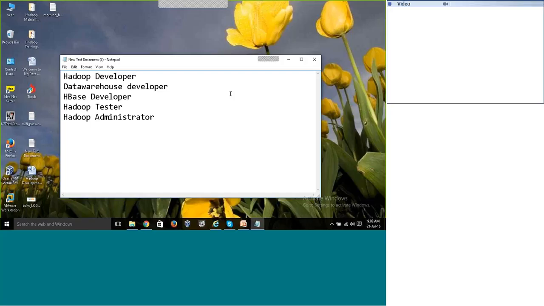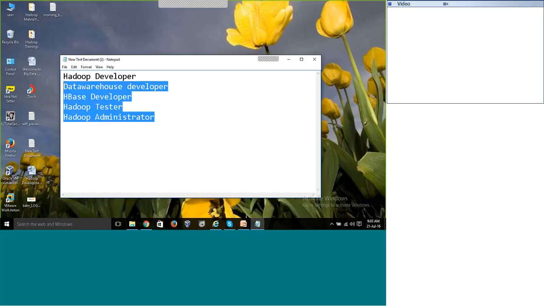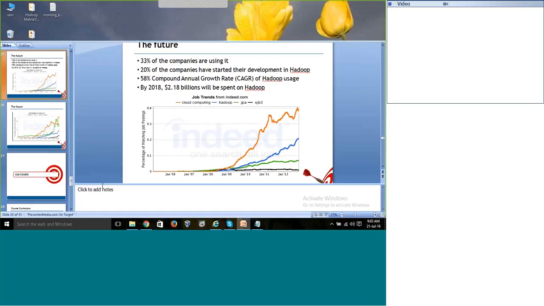So these are the roles that are in the traditional technologies. Here also you have the players. Any of these, it's kind of an ocean. The Hadoop framework is kind of an ocean. Okay, so it has its own technologies also, like the Pig Latin language that you are going to learn when you are using Pig. So like this, you can use these different technologies. You can get into all these roles if you learn this Hadoop.